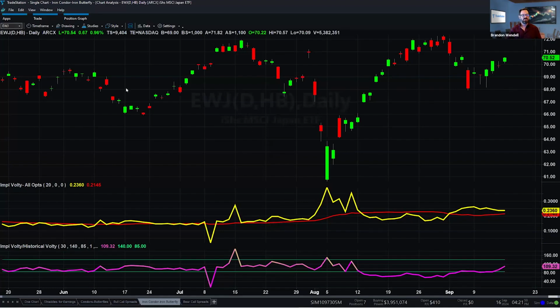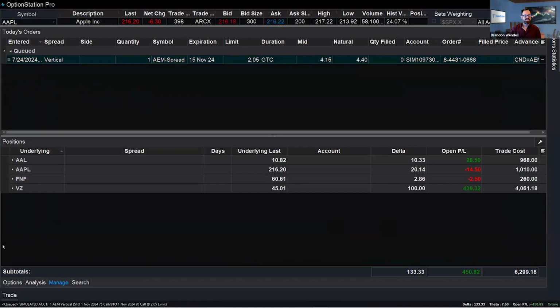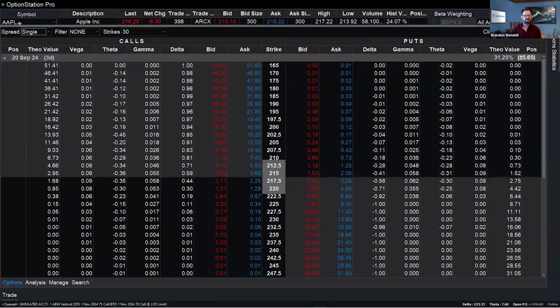Again, I'm on EWJ. Now, the next piece here, looking at implied volatility versus historic, doesn't really look like it's all that high. It's kind of in the middle of the road. So even though it says that these may be a little overpriced based on volatility, they may not actually be overpriced. So I go to the Option Station Pro and my options chain,